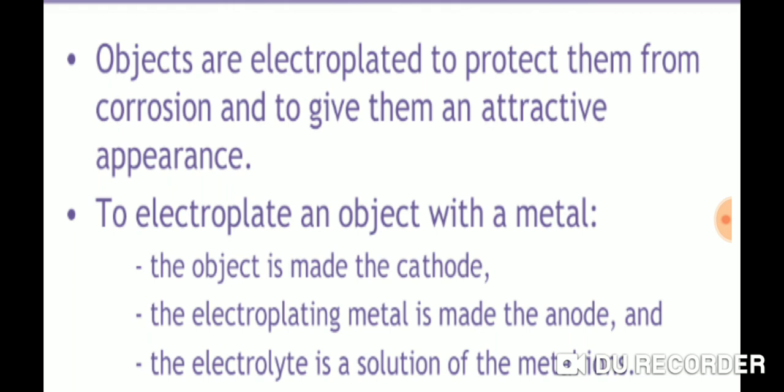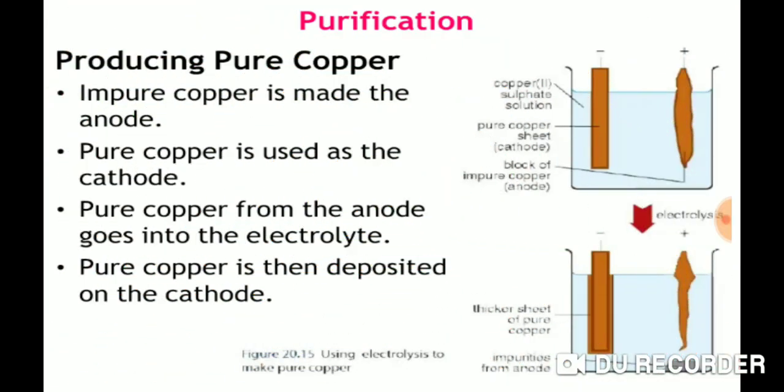To electroplate an object with a metal, the object is made cathode, the electroplating metal is made anode, and the electrolyte is the solution of the metal ions. Similarly, electrolysis is also used for the purification of some of the metals. For example, electrolysis is used for refining or for purification of